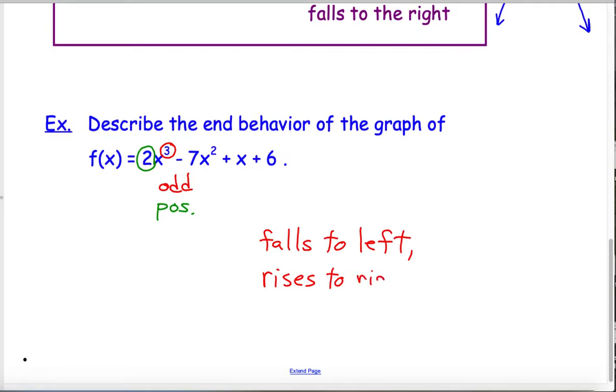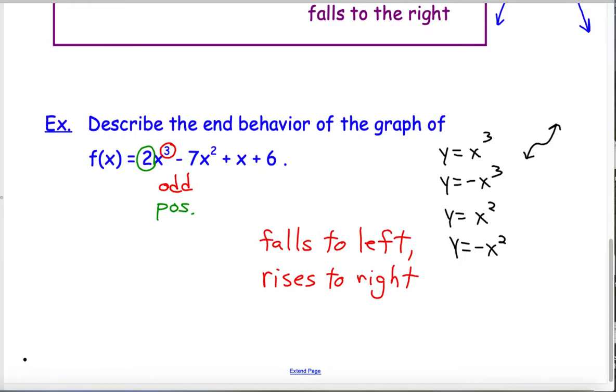And that's it. That's all you need to know. So if you can remember y equals x cubed and y equals x squared, and what happens with those, and then if you put a negative in front of them, that basically will tell you everything you need to know. Y equals x cubed, y equals negative x cubed, y equals positive x squared, y equals negative x squared. So if you can remember what those graphs are,